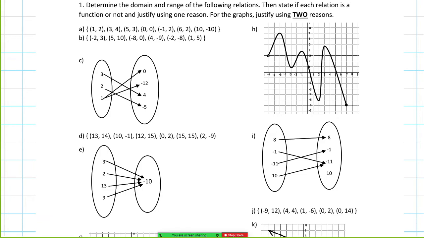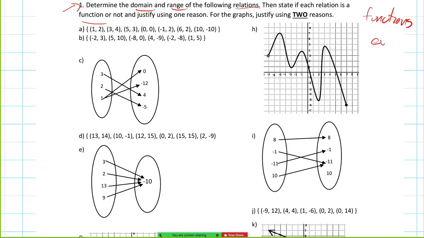Let's focus on determining domain and range of the following relations here, and then stating if something is a function or not, and then we have to give some justification, okay? The main rule for if something is a function has to do with